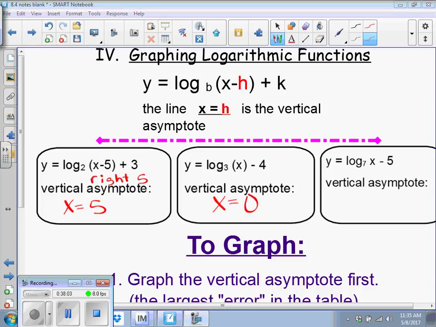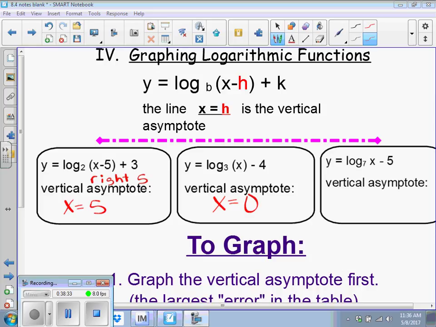Now, the last one, where do you think it got shifted? You think it got shifted right 5. Is there anything in parentheses with x? No. There is nothing in parentheses with x. It has to be in parentheses with x for it to be shifted. They didn't just forget to put the parentheses. They don't exist. In this second example I wanted to show you, you could clearly see that it